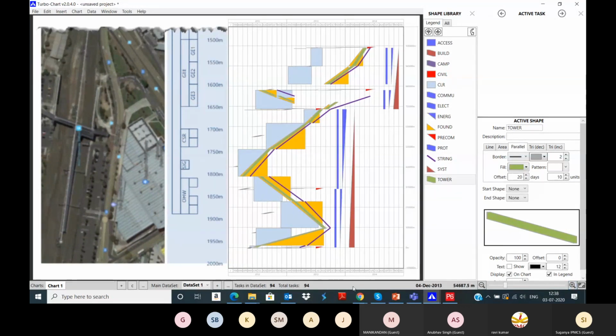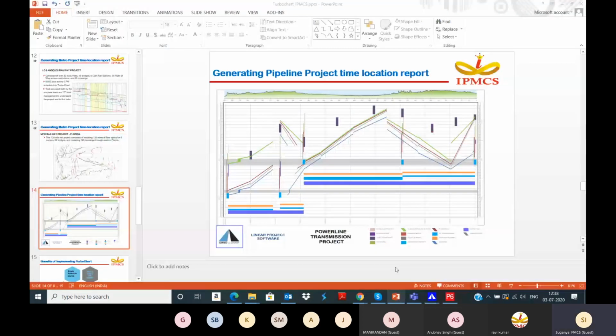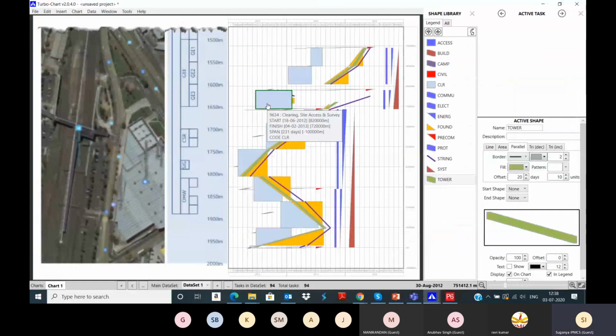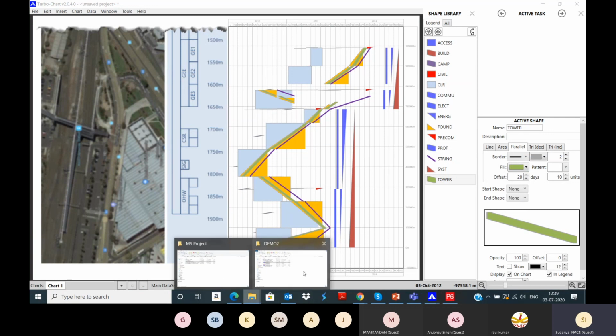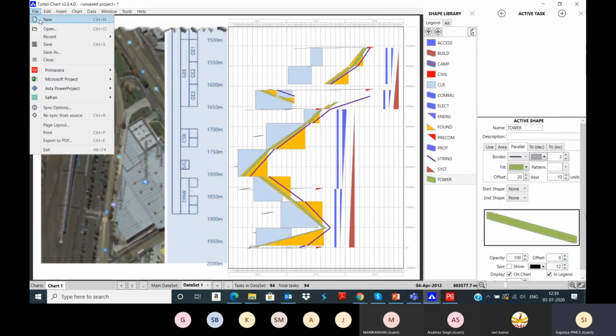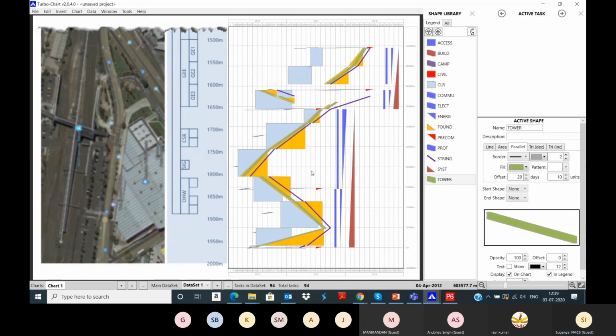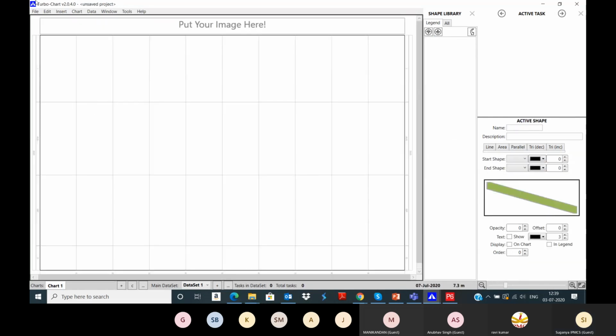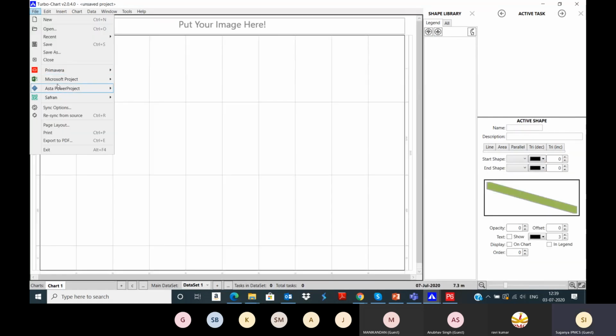So we have seen the sample for the metro and the pipeline projects, and how to open the project schedule from Primavera. Let's see one small sample from MS Project, Microsoft Project, of how to open the schedule. I'm just going to File, New. So go to File, Open, MS Project, add MS Project.